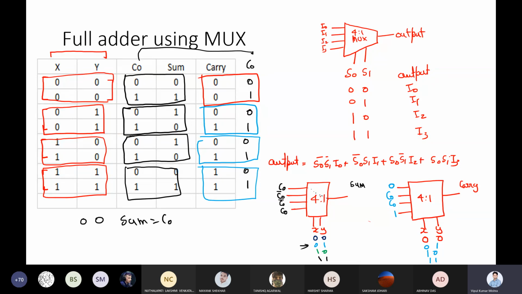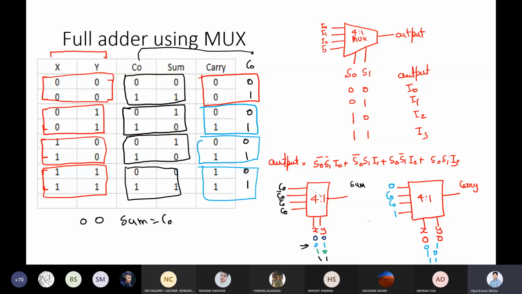Can we make any other design also with the mux, in the same way? You need the same unit, the same medium scale unit, that is the mux, to design any kind of logic circuit or any kind of combinational circuit. That is known as MSI based circuit, where you use this medium scale design and make some bigger circuit from there. Got it? So can you make any other circuit also using mux?